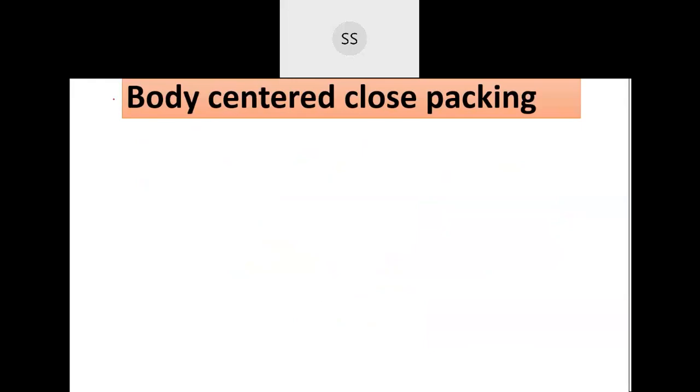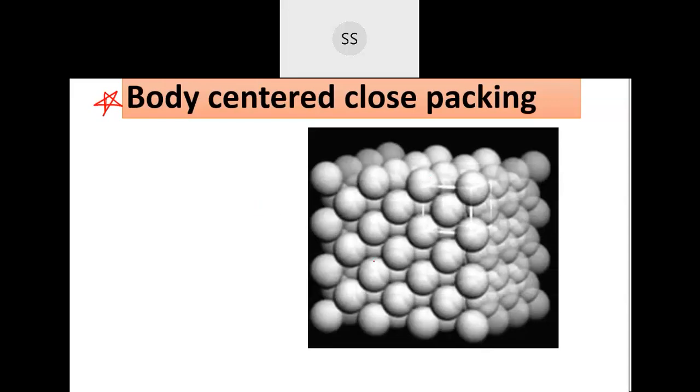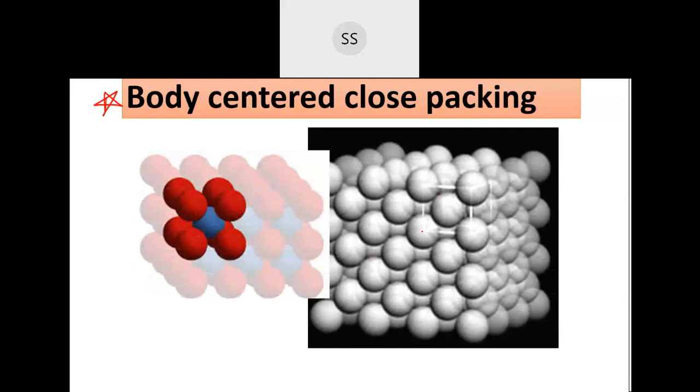So you have to just remember what the coordination number is for this. For the body-centered unit cell, this is the whole lattice picture. The center atom will be there, and then you have 4 atoms above and 4 atoms below. So what will be the coordination number, students? Very good. Many have answered it's body centered, correct. Now tell me what will be the coordination number for this center atom. Take this center atom. How many atoms are neighboring, touching it? Eight, correct. Very good.